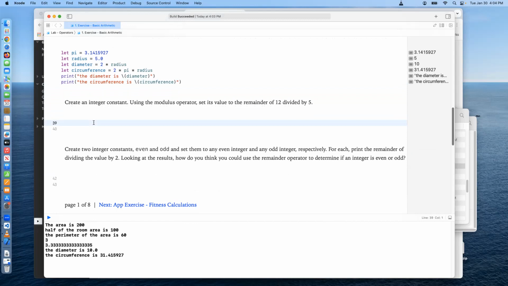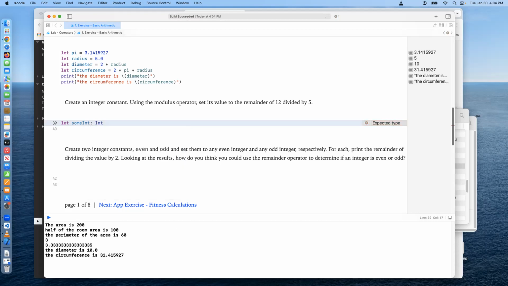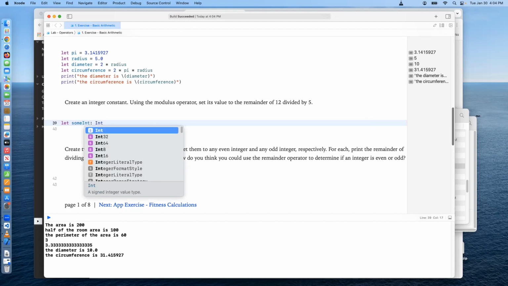Okay, so we're going to do a let, and I'm going to call this sum int. Okay, so I'm going to call this an integer constant. And it wants us to be an integer, right? So I'm going to actually declare type Int here, right? Now I don't know if you guys caught this as I was typing that, but notice how there's Int32,